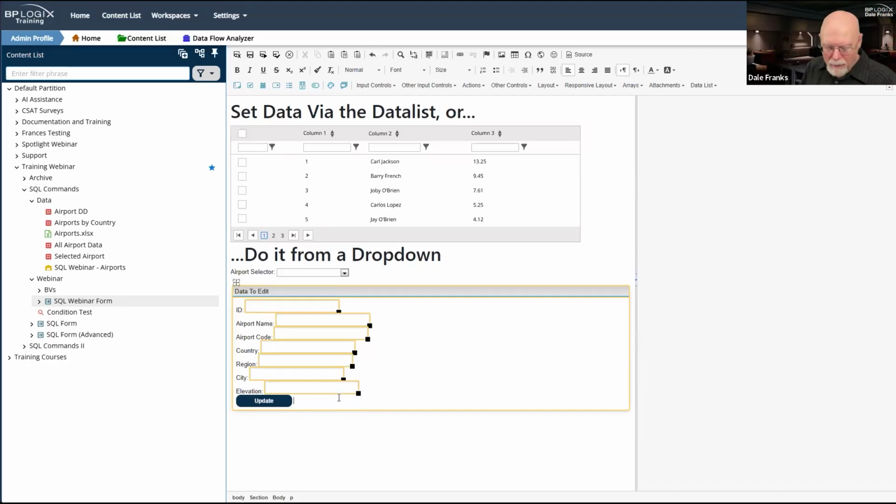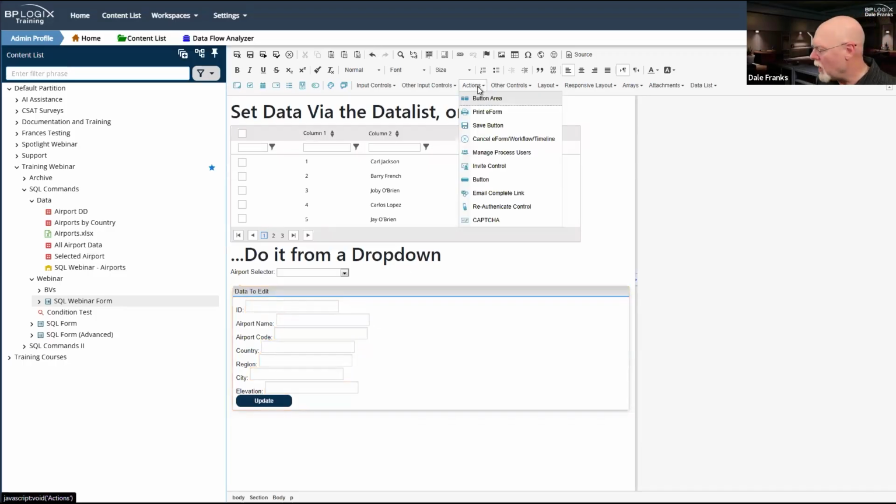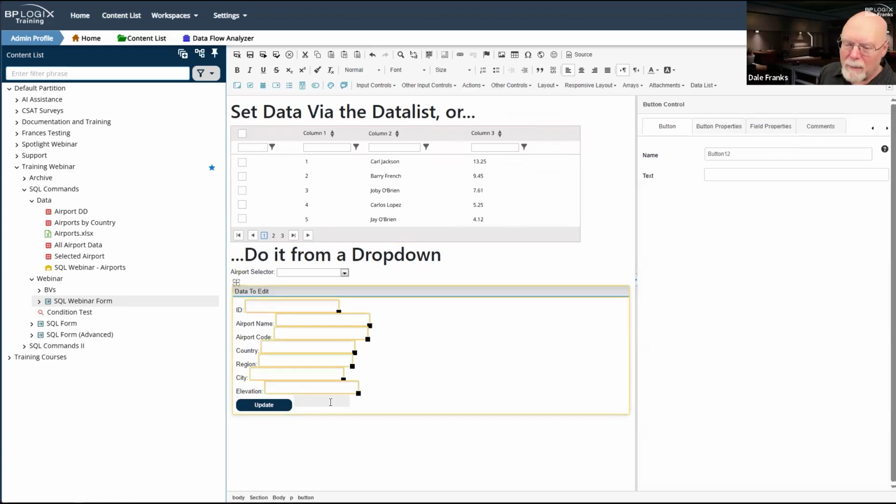For now, we're just going to put a space here. We're going to go to our Actions menu, and we're going to select Button again. And for this button, we're just going to call it Button Insert. And we'll give it the text of Insert.